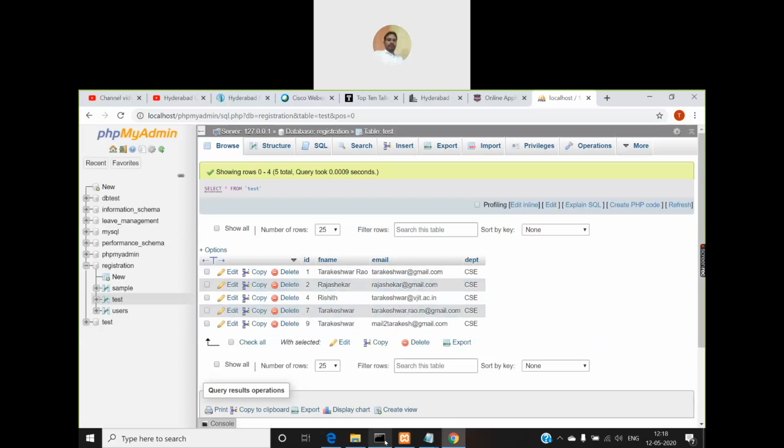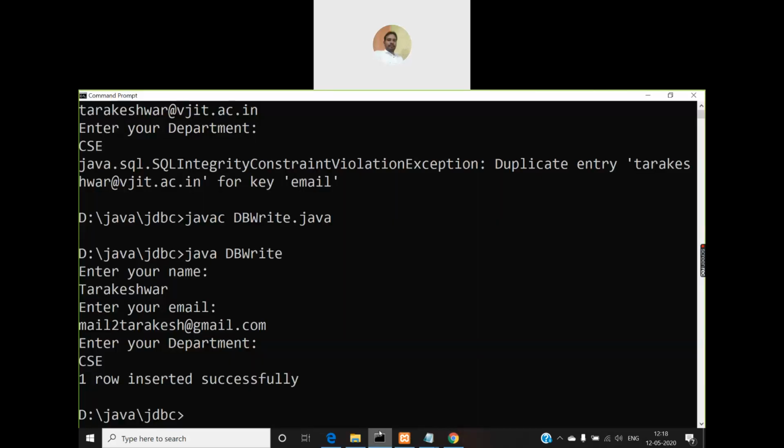If I try to insert one more value now, I must get what? Because I didn't delete any here, the next ID value must be 10. So let us try to give one more record here.